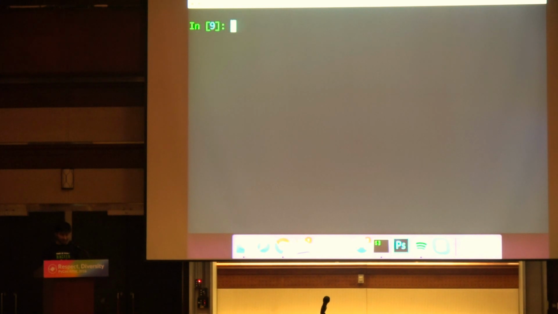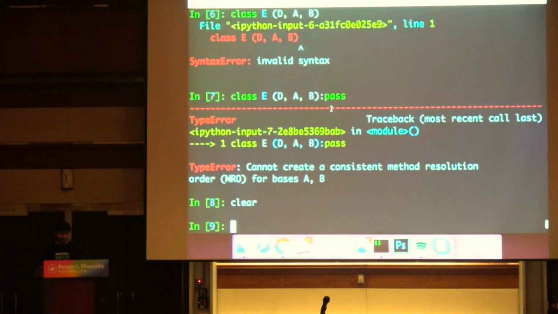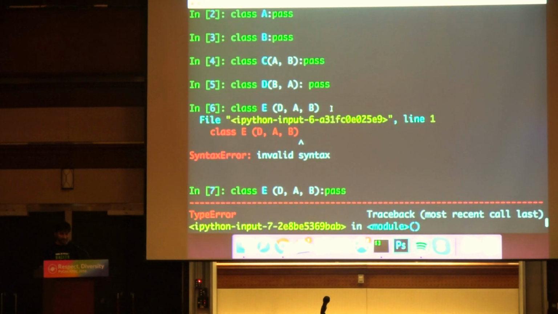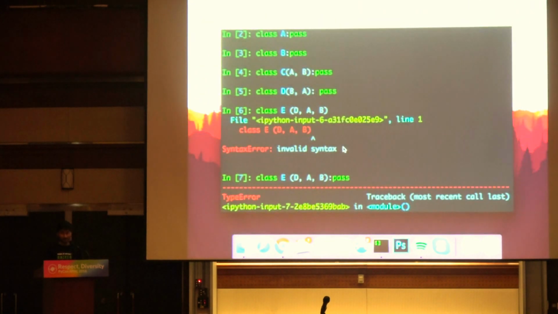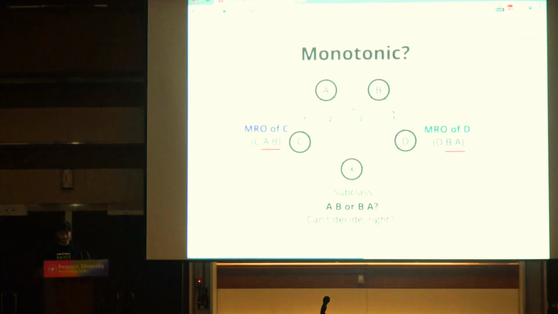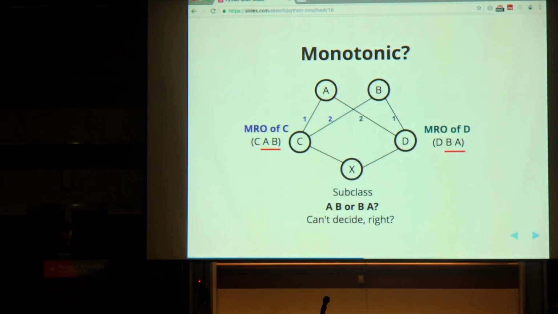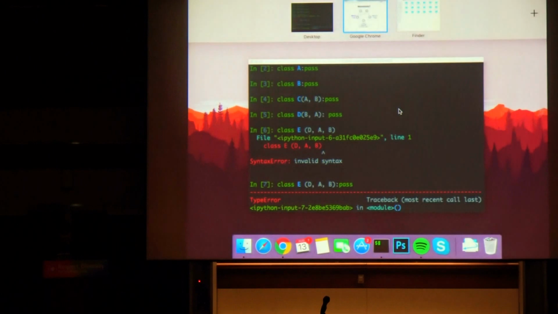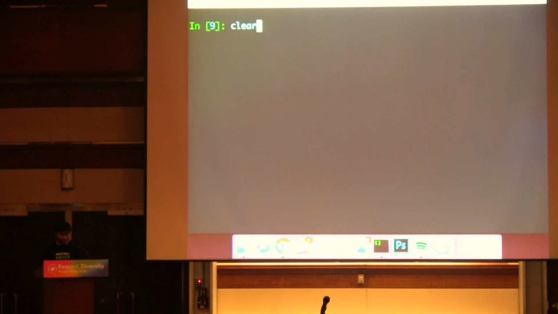So let's see how you can get the MRO of a class. You have a few classes defined here, that is A, B, C, D, and you want to know the order. Whenever you want to know the order, you are not going to study the MRO algorithm here. So you want a function to tell that. That function is implemented in Python 3. So you have class A, and you want to check the MRO. You'll simply call the MRO here.